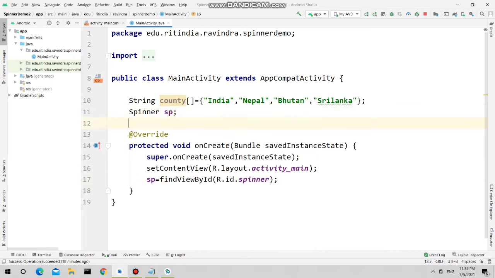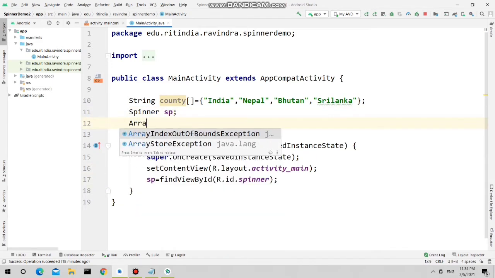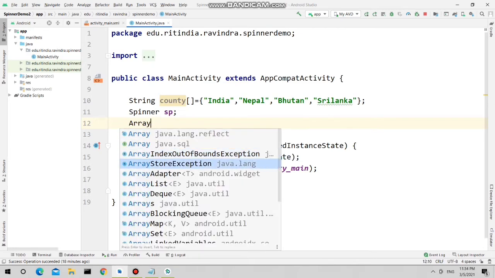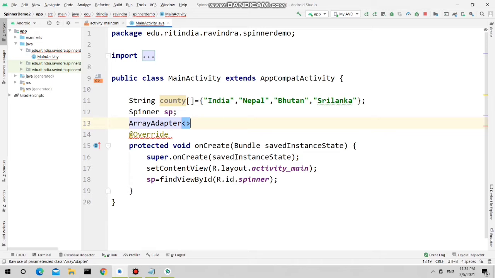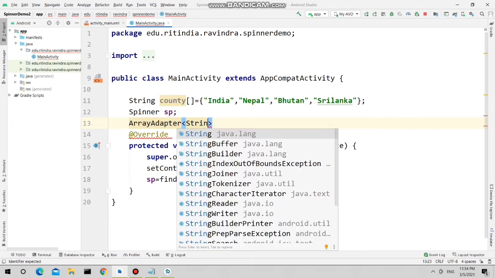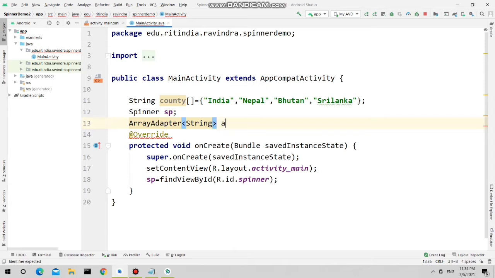Now we need to create the array adapter. The type of objects will be string. Initializing this array adapter.